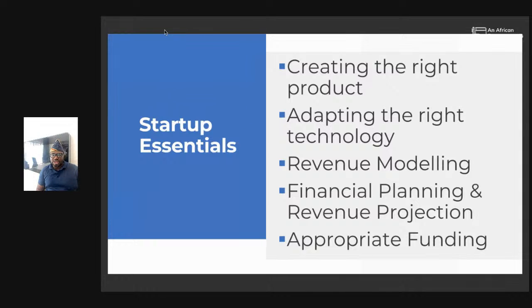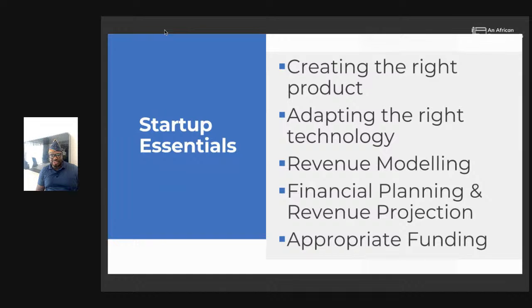These are all the parameters we'll be taking you through in this course to help you understand how to identify a problem, how to research the problem and know the depth of this problem, how sustainable it is and how big it is. Is it an artificial problem? Is it a problem that is actually big enough to become commercial? We're going to take you through all this to help you identify a true problem, to analyze how big the problem is. Do you really have the right solution? Is it cost effective so that people can pay for this solution? We take you through this on creating the right product.